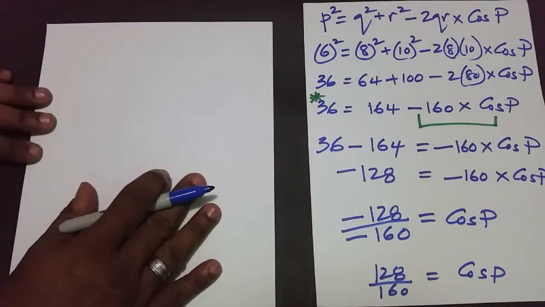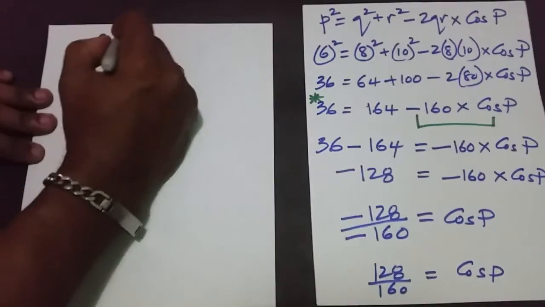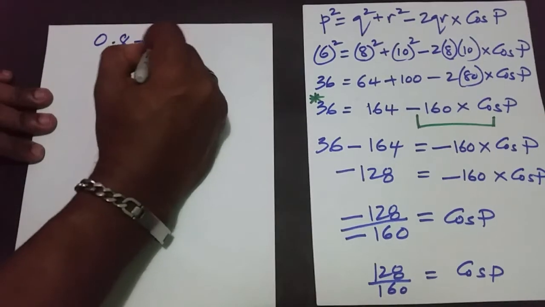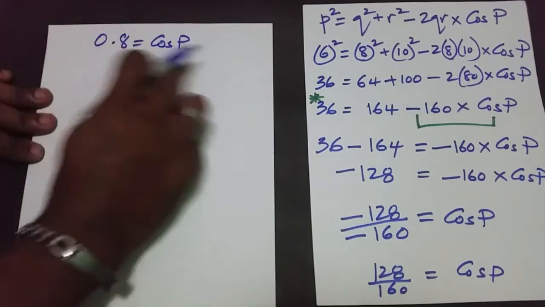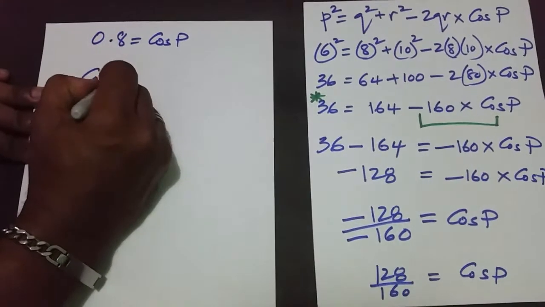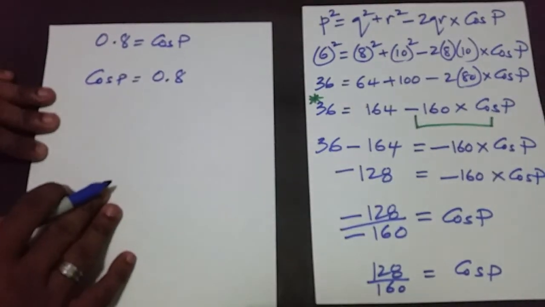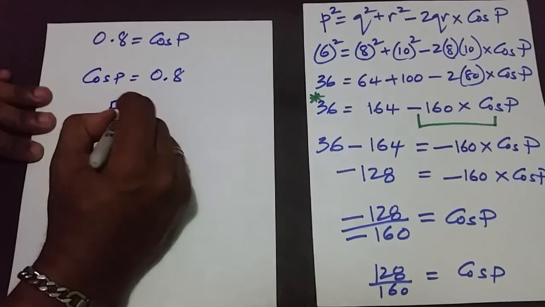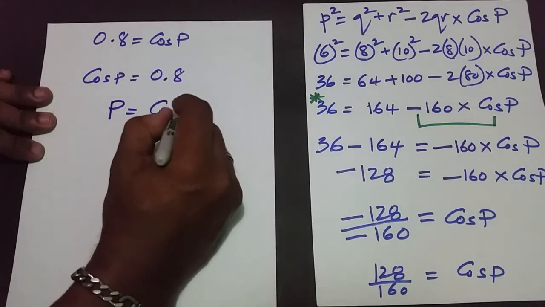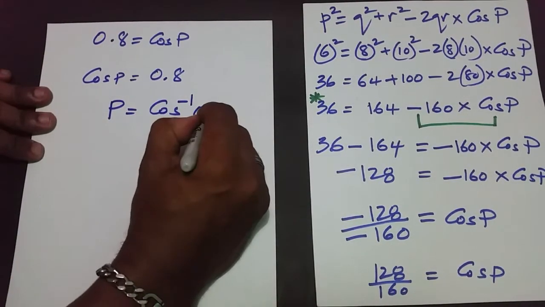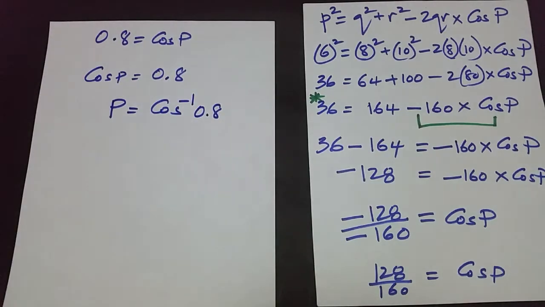So 0.8 is going to be equal to the cos of P. And this can be written like this. It's the same thing. And of course, if we're finding an angle, the inverse step must be involved. So P equals the cos inverse of 0.8. So we can punch that in on the calculator. So this is going to give us